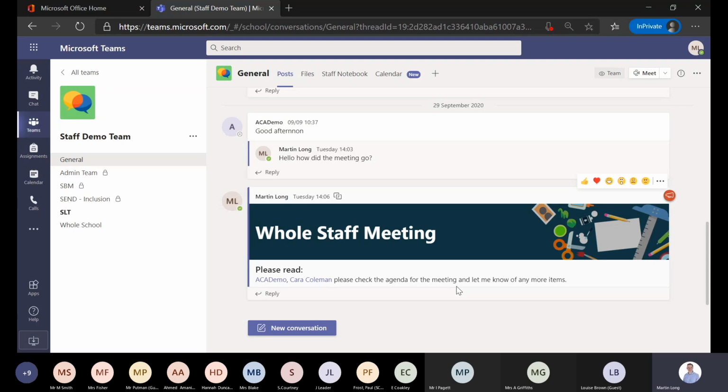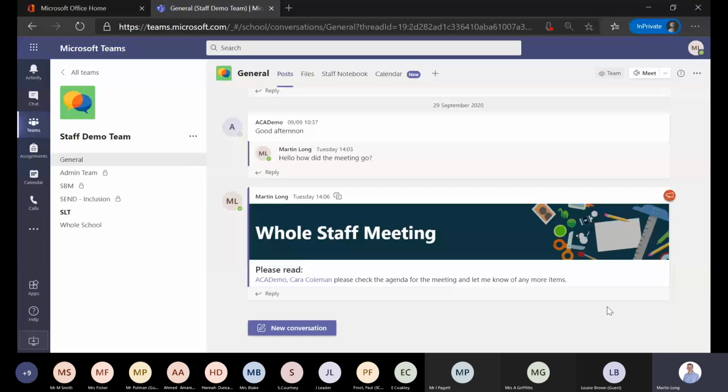Otherwise, people tend to get weighty things coming in posts and they end up collapsed, and you need to expand it to see more, and it doesn't quite work. So keeping short, punchy pieces of information in posts that doesn't go on too long is the best use of posts. And if it's something that's weightier, or it's going to have a big explanation in it, well, that goes by email. And establish those rules and remind people of those rules, because otherwise people moan Teams isn't working for me,